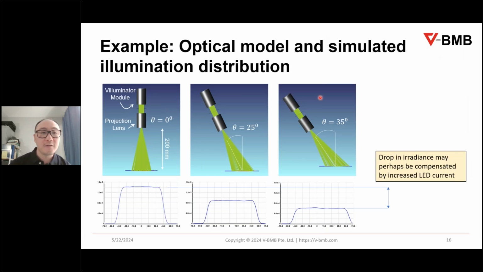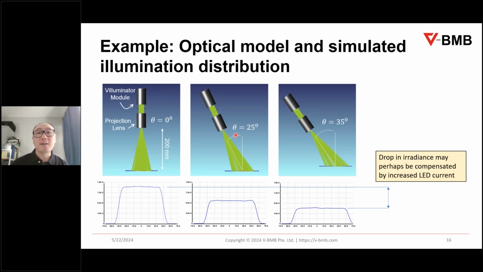Well, it turns out there is a module out there called the Illuminator Module that creates a flat top illumination right somewhere here. And this is called the working distance from the Illuminator Module, from the front of the module. And you take a projection lens, you project that area out onto the plane of illumination, and you get this flat top beam here. And if you tilt the entire system by, let's say in this simulation, by 25 degrees,